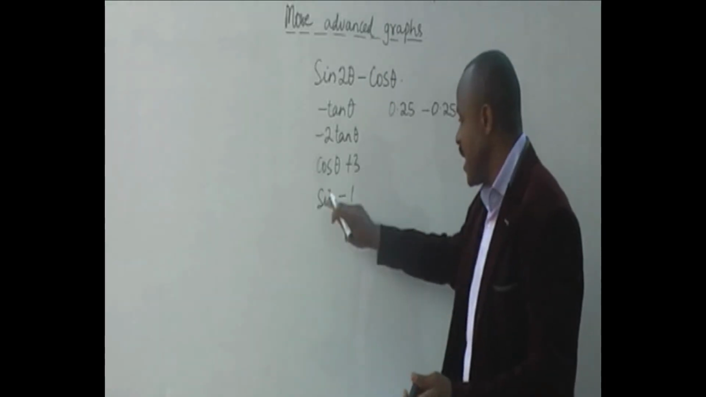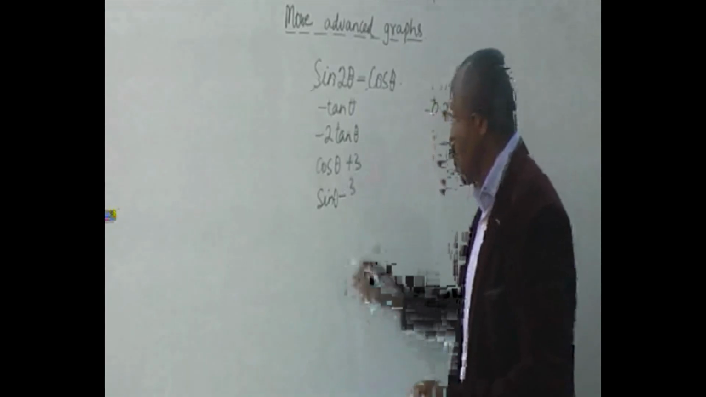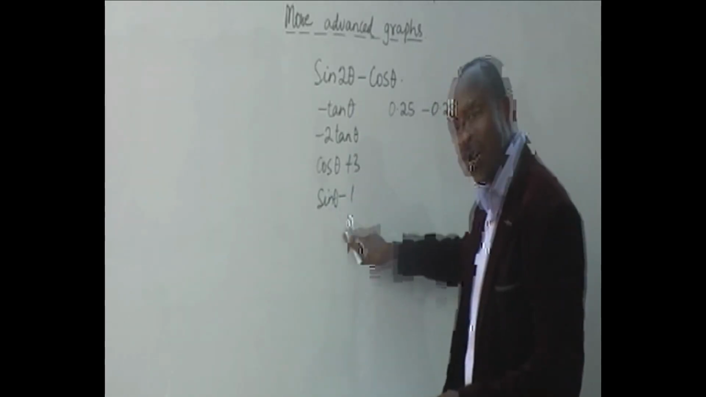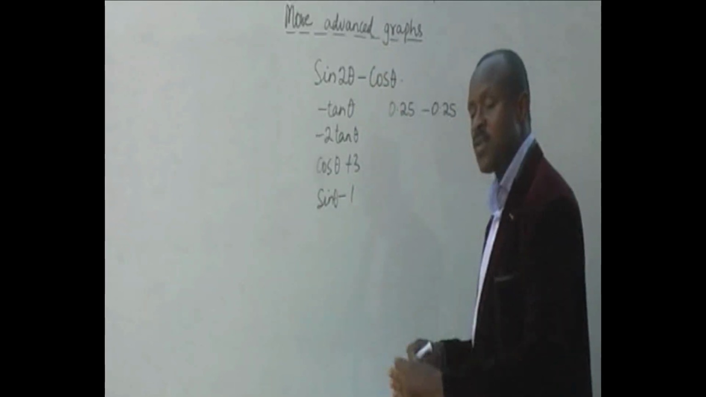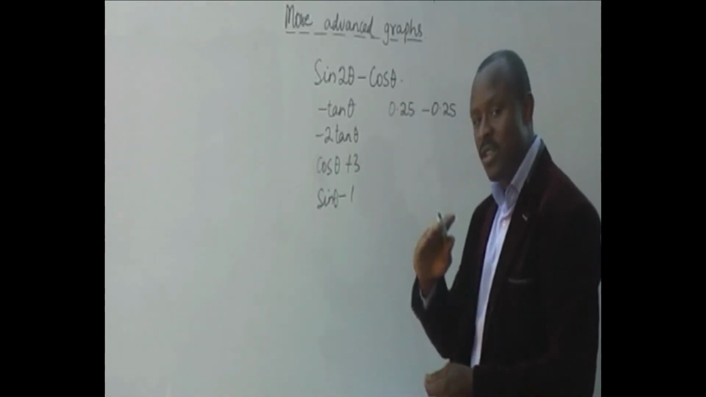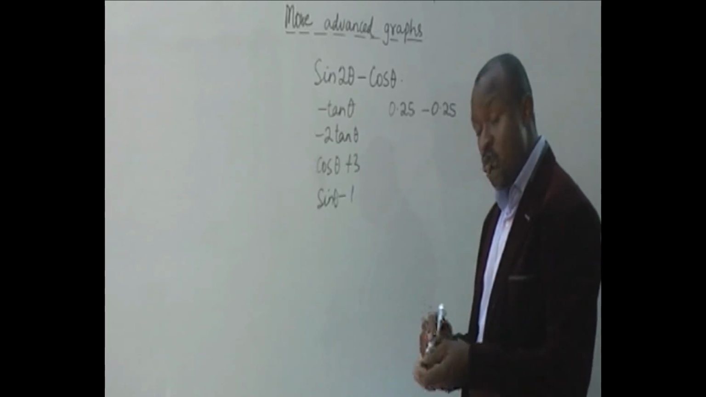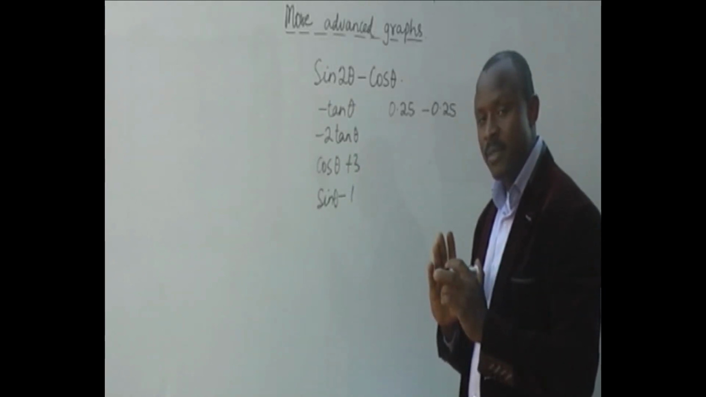If you find sine theta, whatever you find sine theta is, minus 1 from it. It will give you the series of values you will have plotted on the y-axis against whatever theta is on the x-axis. So with this, we are concluding our discussion on